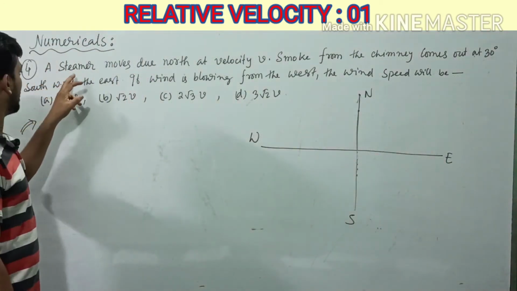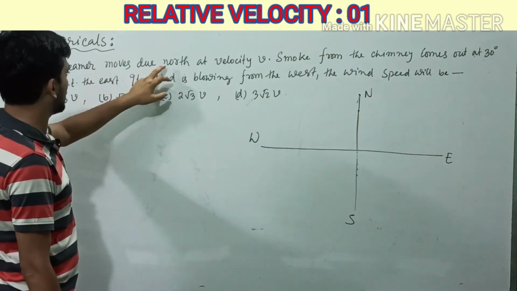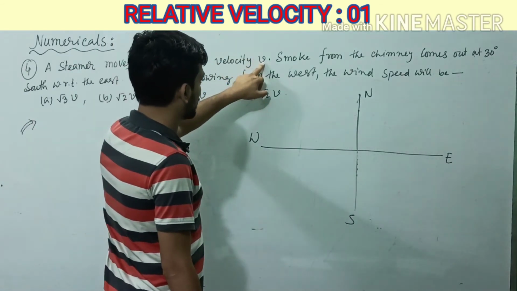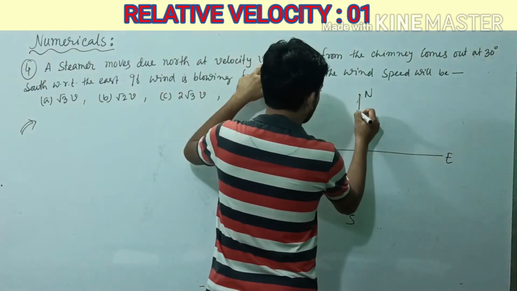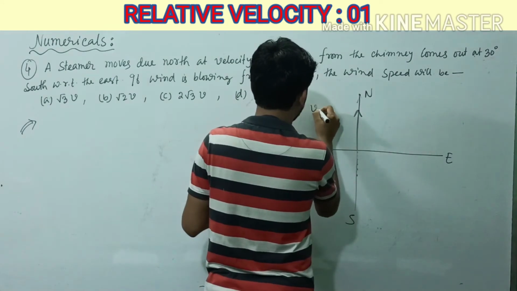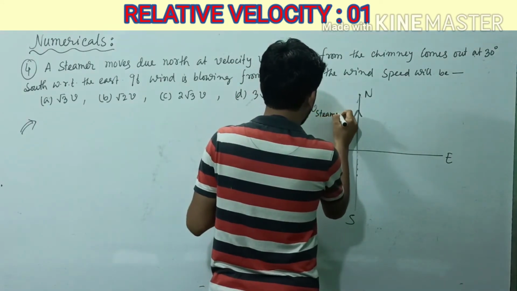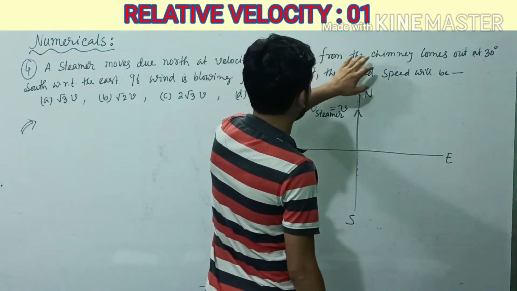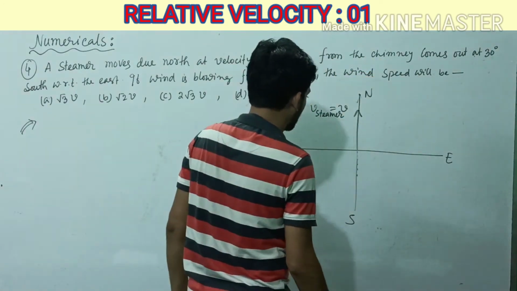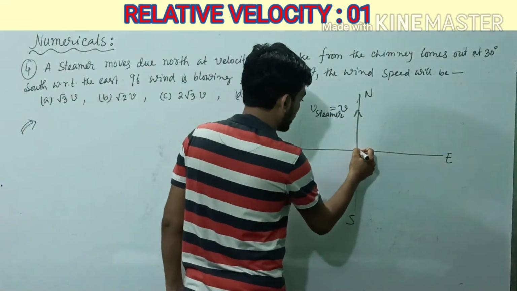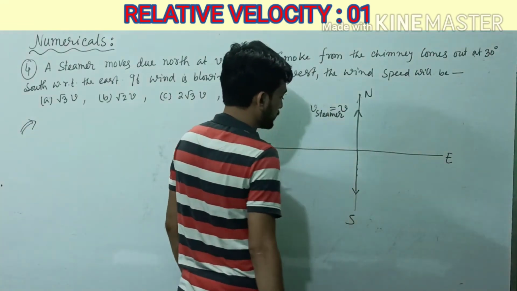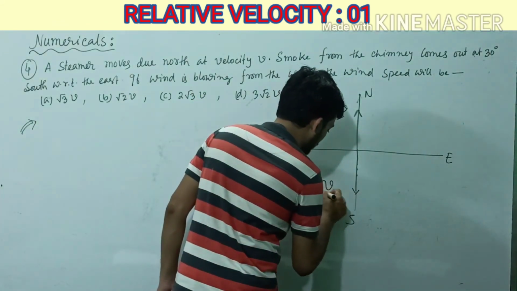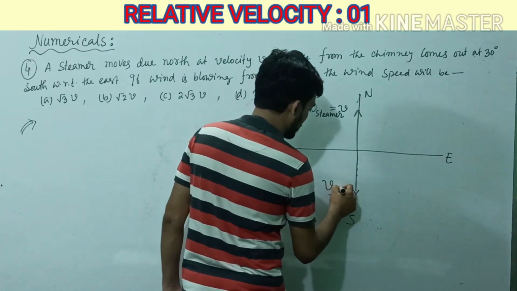In this question it is given a steamer moves due north. Due north means towards north at velocity v. So this is the direction of motion of steamer, and this will be v. Smoke is coming out from the chimney of the steamer. So with respect to steamer, what will be the direction of motion of the smoke? If there is no wind, this will be the direction of motion of the smoke, and this will be minus